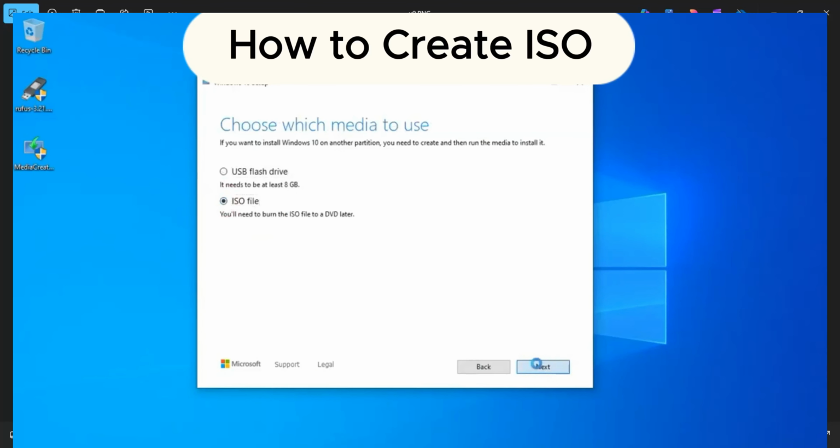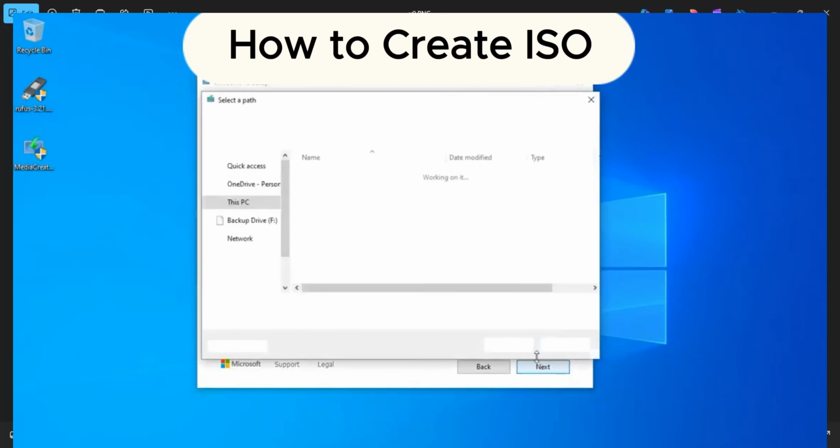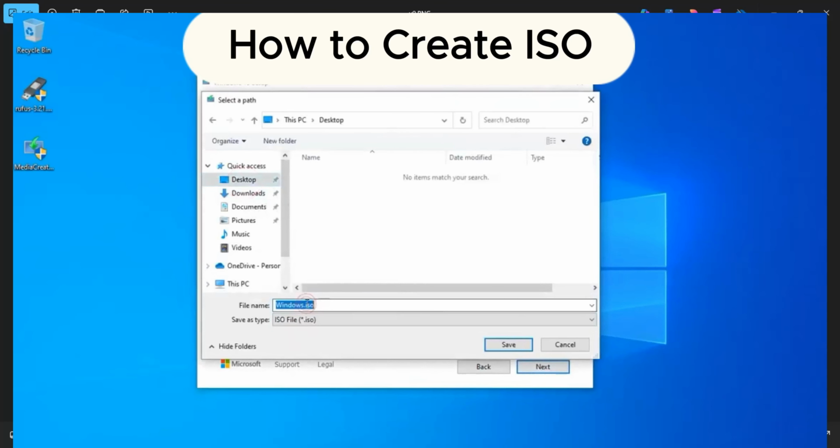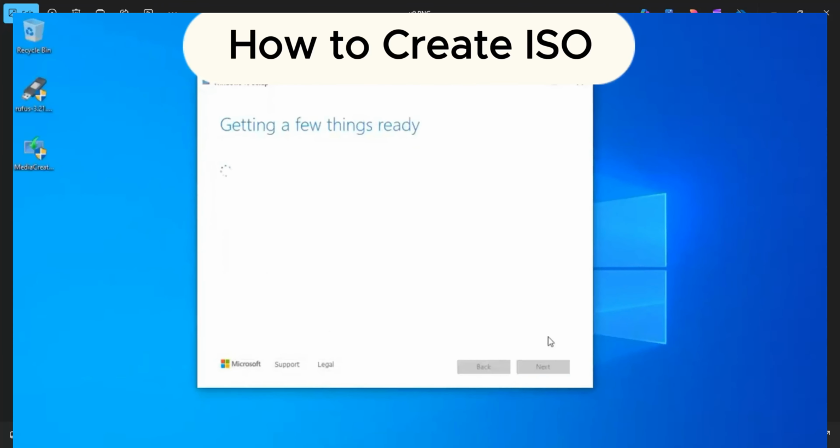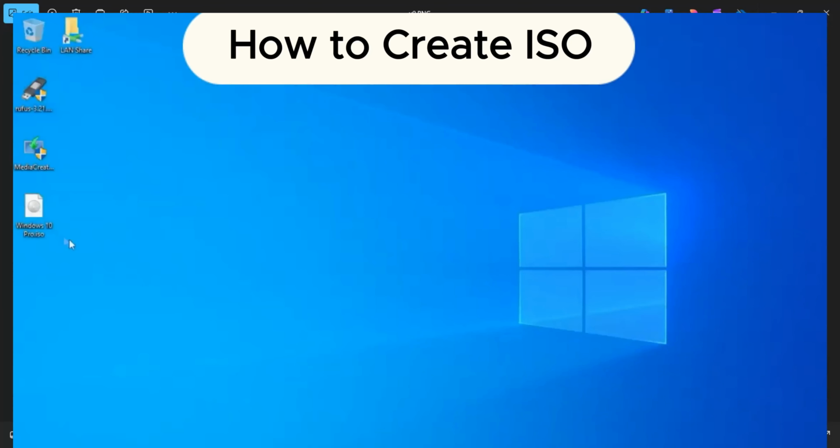And now we are going to select the ISO file, and on behalf of that ISO file, we will install the operating system inside our virtual machine. Now things are going to be ready for Windows 10 deployment inside the virtual machine.